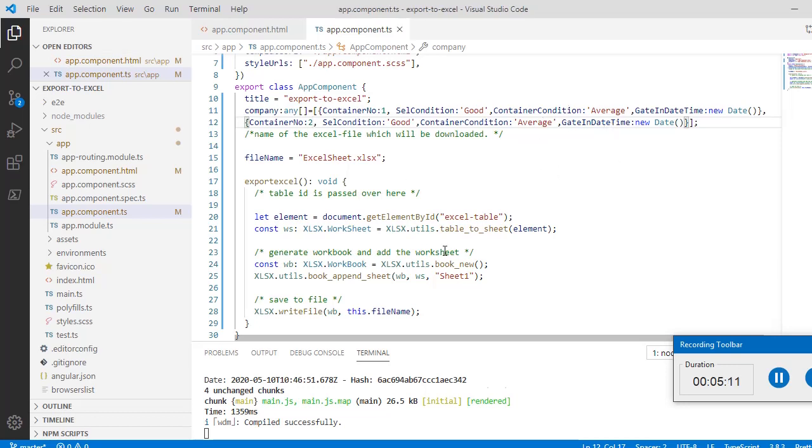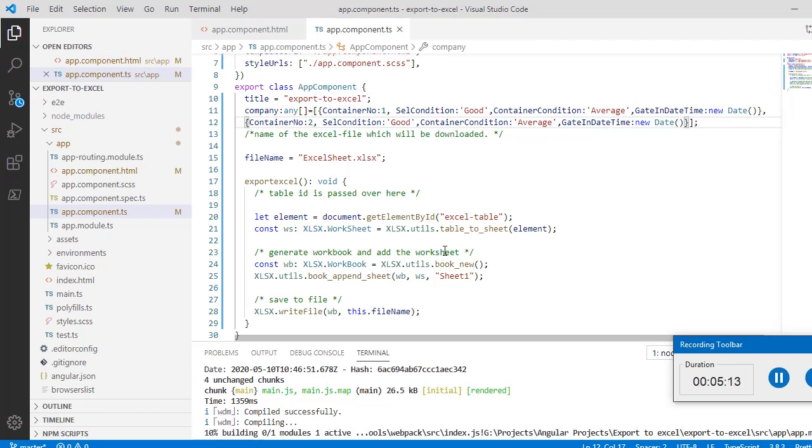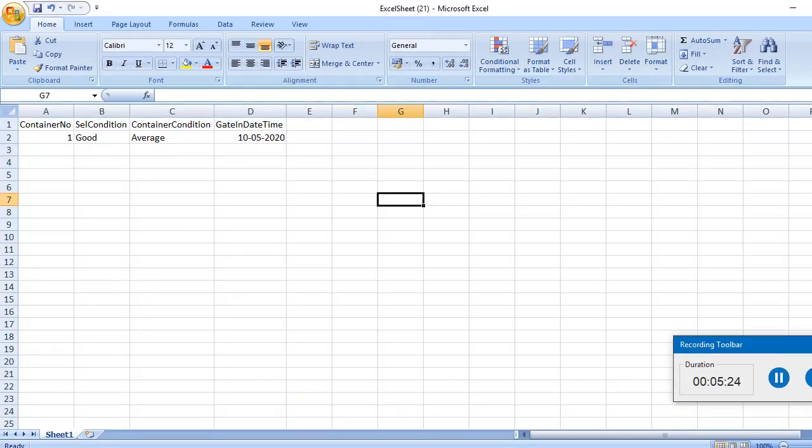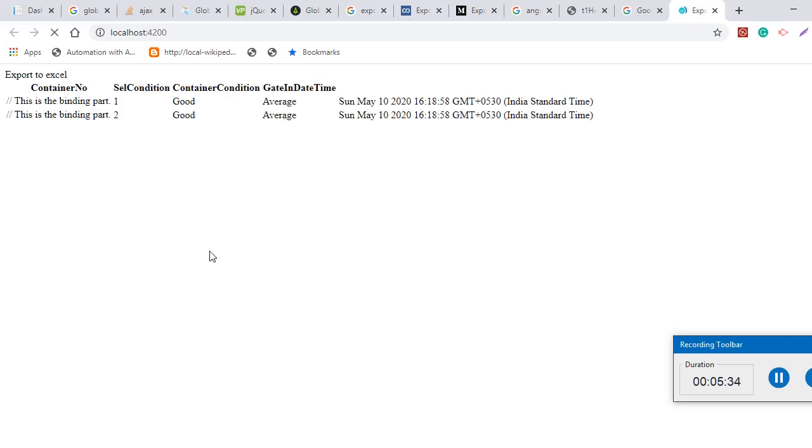Then you will see that there is another row in the table, and we can export that data easily. Yes, now you can see that there are 2 rows with different things.